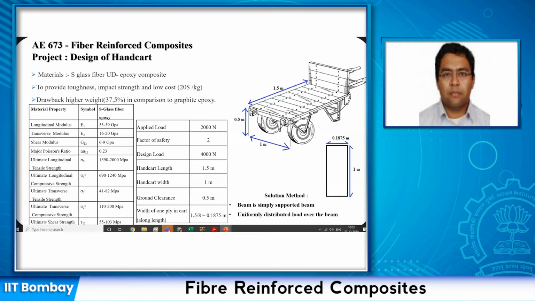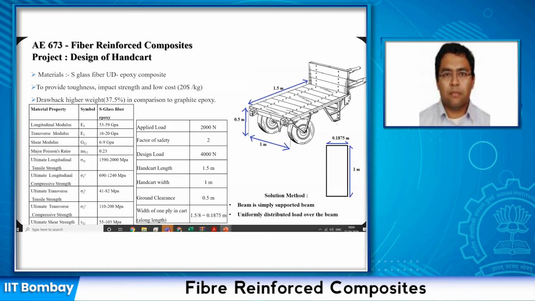Okay. I think my general comment would be that again, you need to organize this slide properly. I think you have told verbally quite a bit, but if you can put some of that on the slide itself, what conditions you would be taking, and that kind of stuff, that would make it more readable and easier for the viewer to understand what you're presenting. And also you said the drawback is higher weight in comparison to graphite epoxy, but are there carts today made with graphite epoxy?